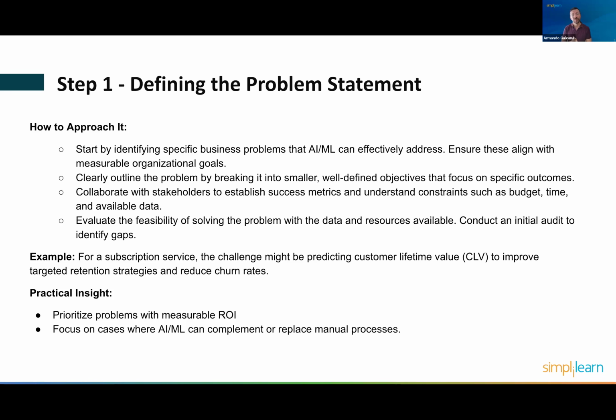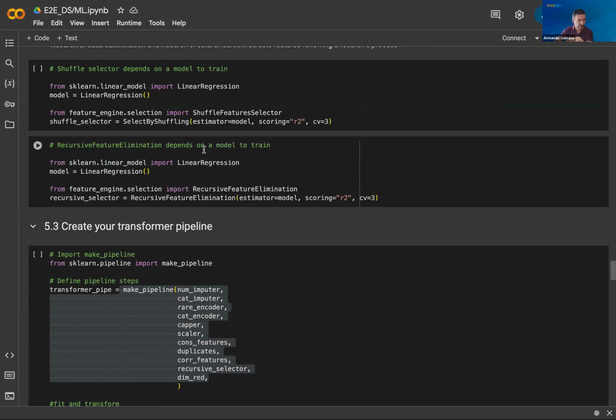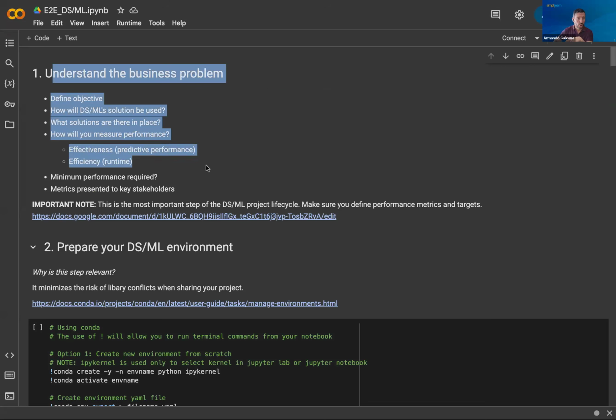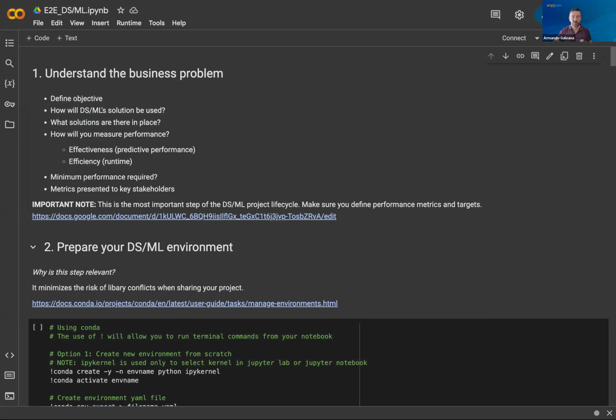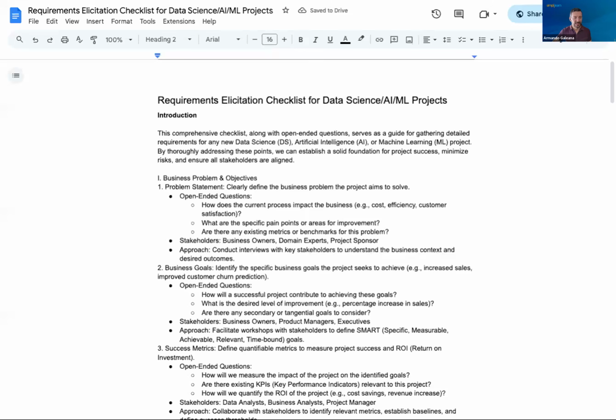You also want to make sure that you have some feasibility checks, like a proof of concept, evaluating data quality and availability, and understanding your budget, time constraints, and technology limitations. Okay, so this is very important. Something you'll see right here in this link that I shared at the top is very important: understand the business problem. There's also a link here that you can use to start understanding, in a broader sense, how to gather requirements for complex solutions. Okay, and again, I know this is very comprehensive and detailed, but at least it will let you know what to look for.